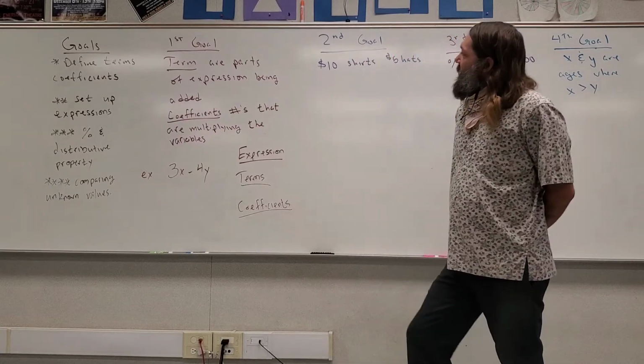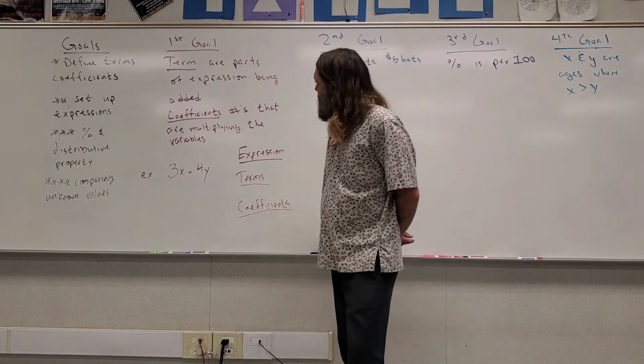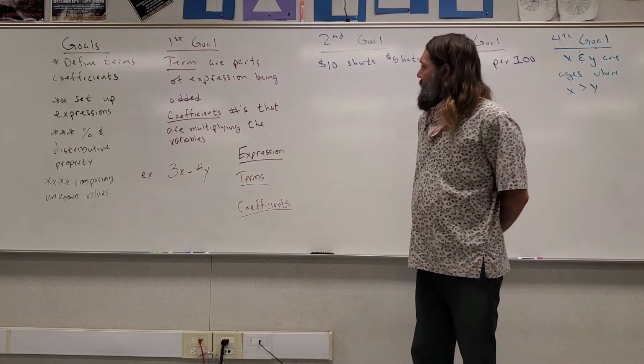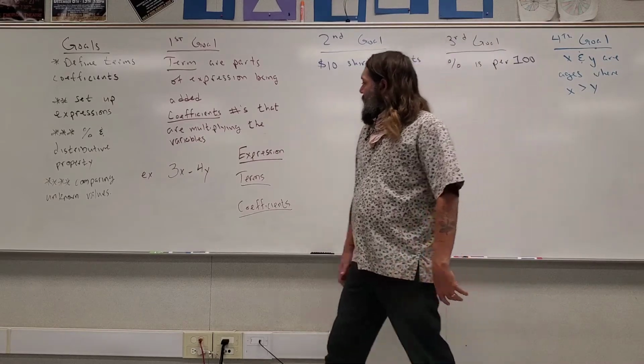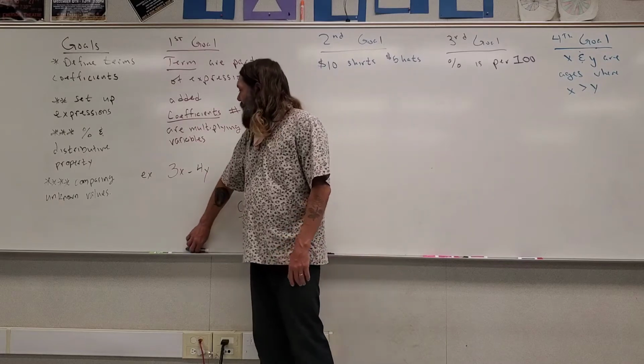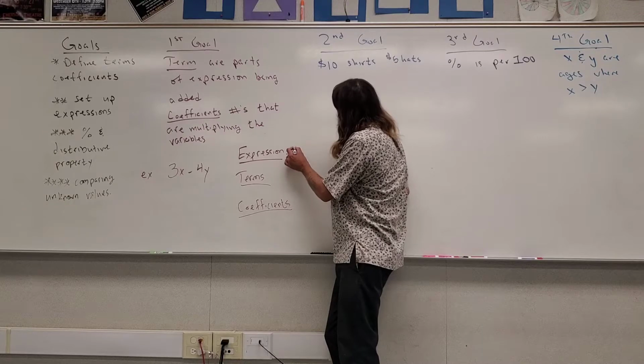So our first goal is defining terms and coefficients. Terms are the parts of an expression being added. Coefficients are the numbers that are multiplying the variables. So right here, I have this whole thing, 3x minus 4y. This is called an expression. So that's what an expression would look like. It's 3x